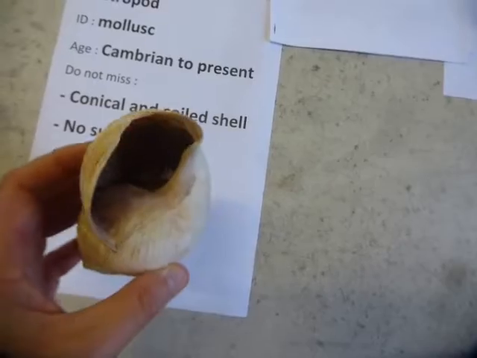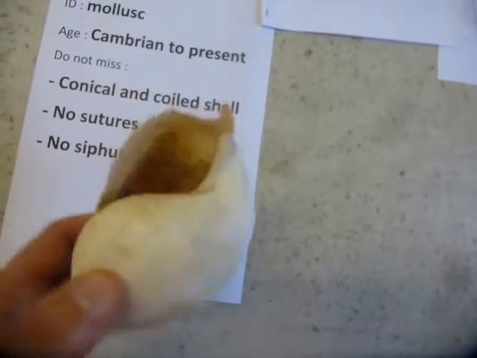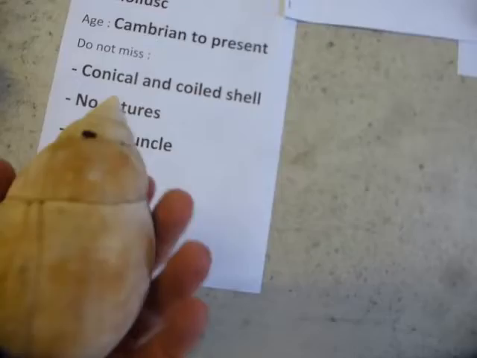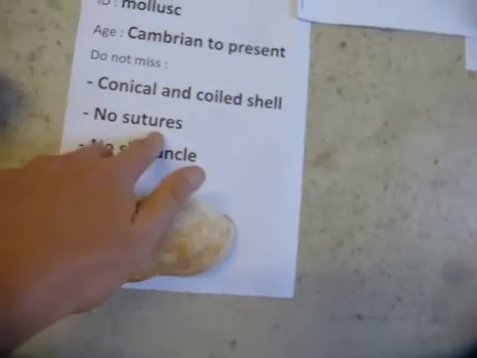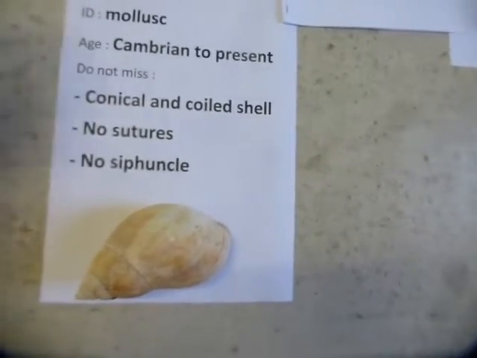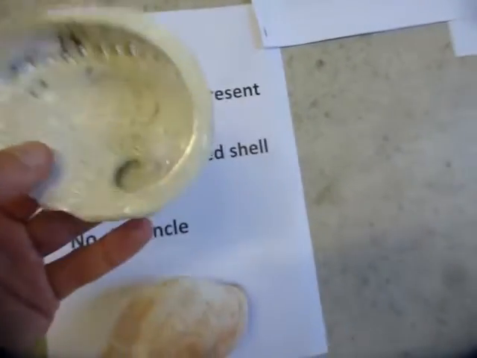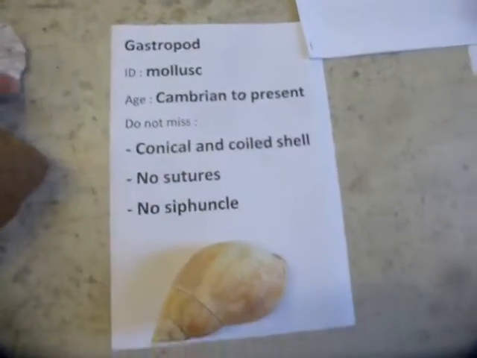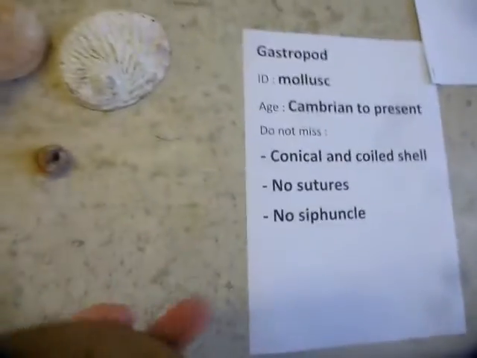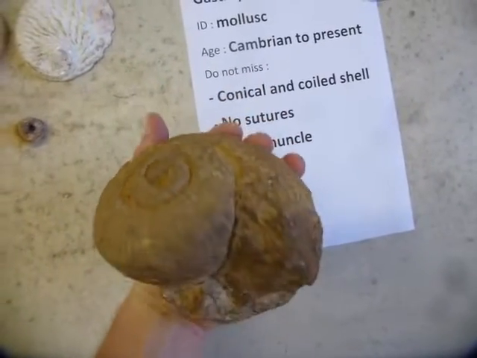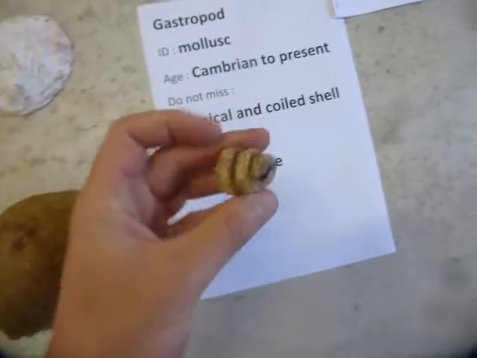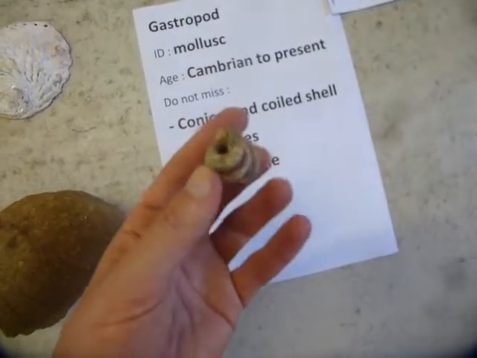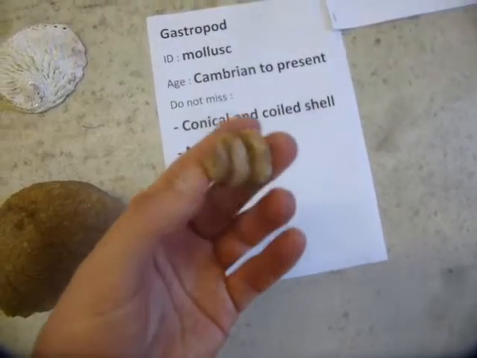The second difference is that there are no chambers. There is only one chamber in a mollusk, so there are no sutures because there are no limits between the chambers. So here on that one, for example, you can see it's only one big room inside the mollusk. These two are modern ones, and here you have a very nice fossil one, and here is another fossil. That one is a mold of the actual shell of a mollusk.